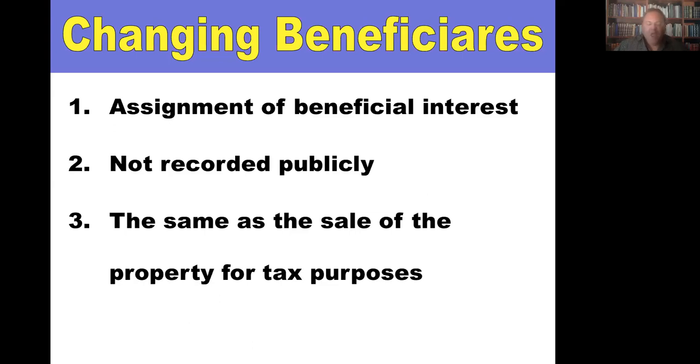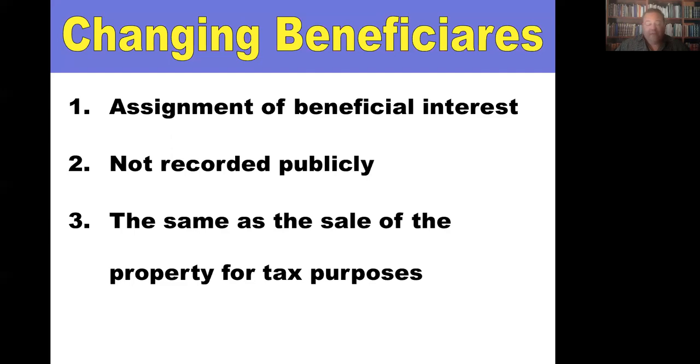Understand this. A revocable living trust is known under the Internal Revenue Code as a grantor trust. A grantor trust, what does that mean? That means the grantor is still the owner for tax purposes. So if you have a property you own in your own name, or you and your spouse, and you transfer it to your revocable living trust, that's a grantor trust. You're not going to report on the trust as a tax return. Trust doesn't file a tax return. The grantor still claims it as if he owns it outright. And that's the rules under the Internal Revenue Code.